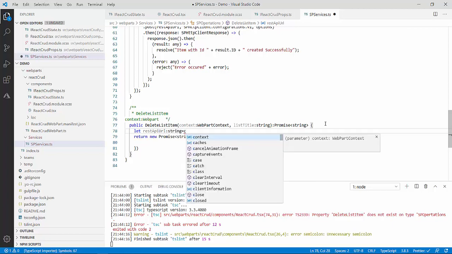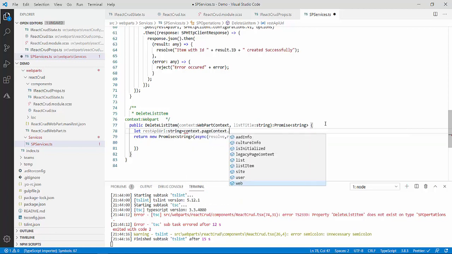I will use this.context.pageContext.web.absoluteUrl, plus /_api/web/lists/getbytitle, because I want to select the list from which I want to delete the item. The same REST API which I created for creating an item, but at the end we have to provide the ID also. So get by title.